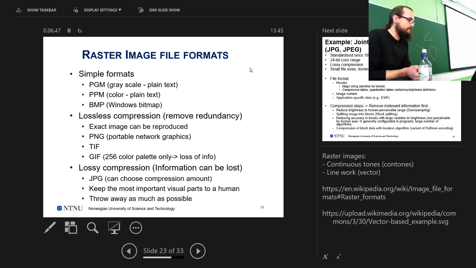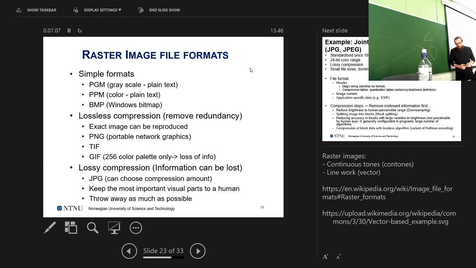In this case, you can. The reason why you would like to look at lossy, for example, if you have very detailed pictures, it's very, very hard to find any redundancy which you can remove. Then it's an advantage to use lossy compression. And you can also do that without it being too disturbing, because